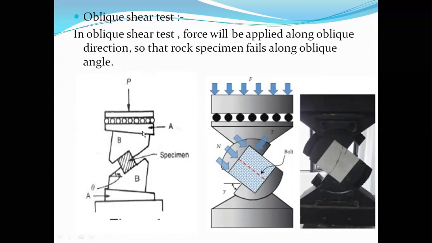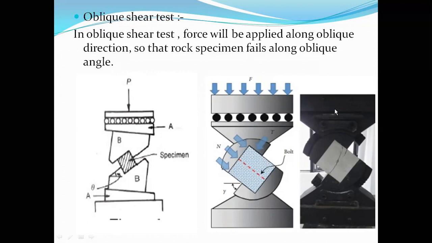So this is the specimen. Look at here, this is a laboratory specimen, and this is the laboratory equipment where I have placed the specimen. When I apply this load, what happens? These jacks will move, and the specimen gets sheared off at these locations, like this.